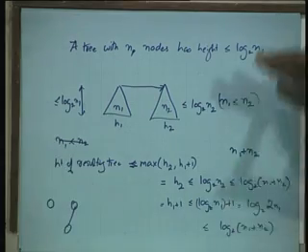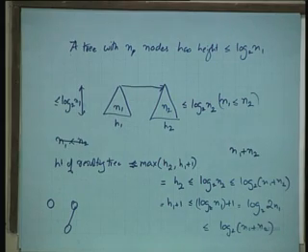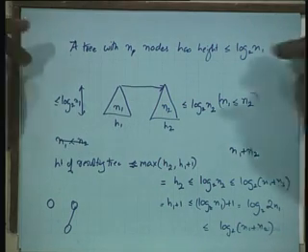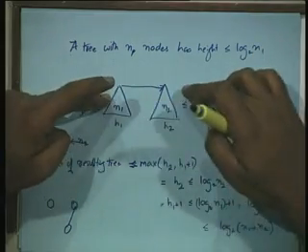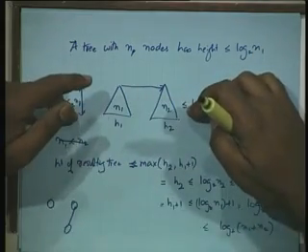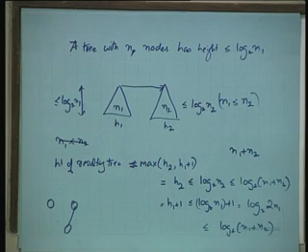So, what does this show? Is this a complete proof? What am I doing an induction on? Number of nodes in the tree, right. So, assuming that the statement is true for all trees with fewer than a certain number of nodes, I can say it is true for those. When I link them and get a tree with a larger number of nodes, it will continue to be true.